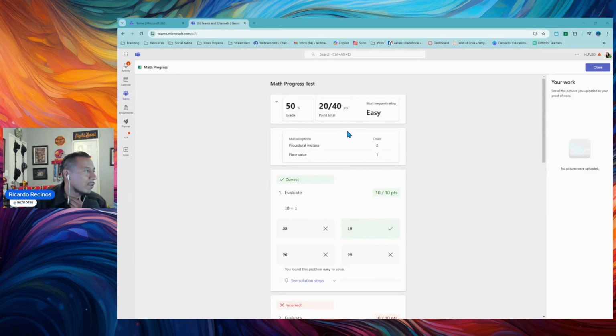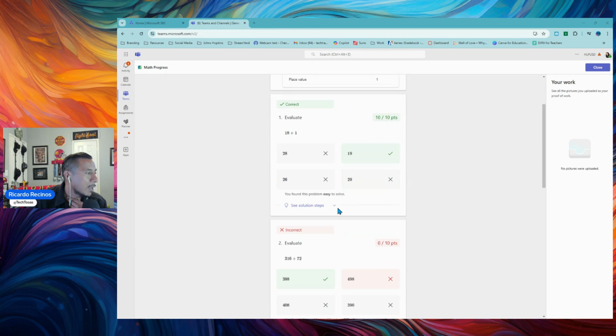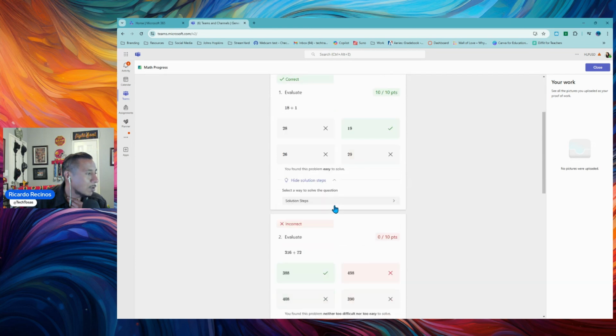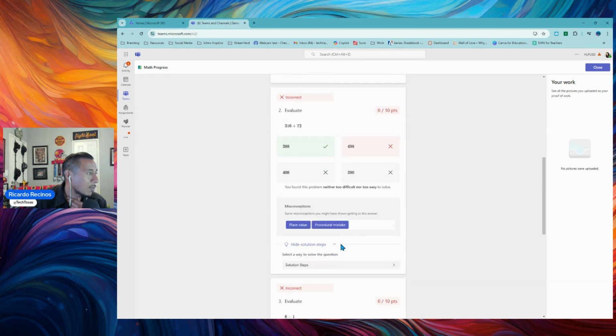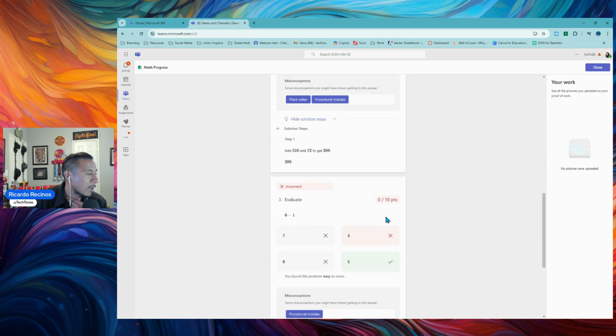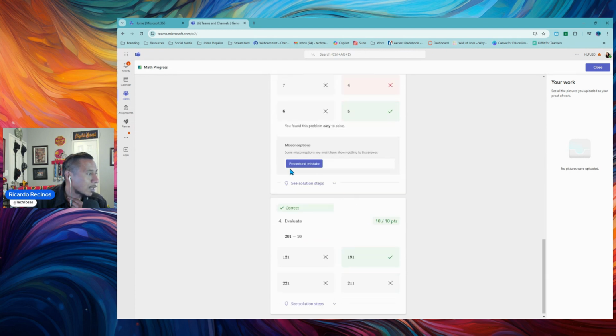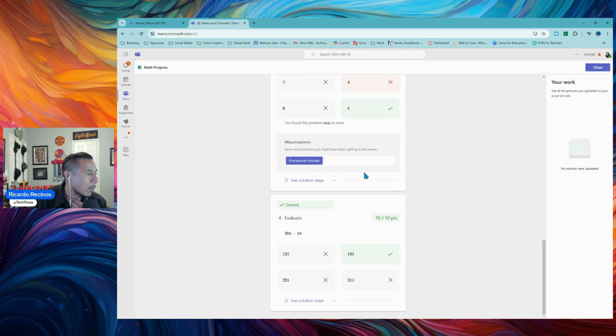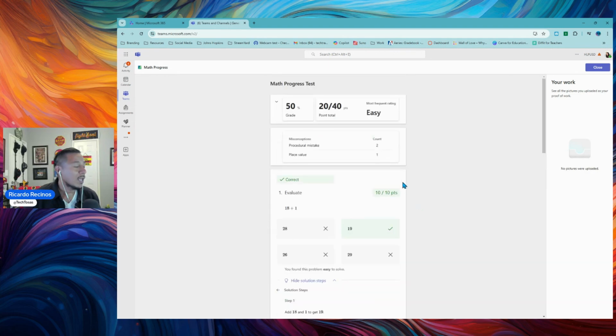And now they can see the feedback for each of the problems that they had. They can go in here and look at the solution step that they wanted to, for the ones that they got wrong, and even the ones that they got right too. But here it goes, and not able to see some of the solutions. They get to feedback, what was the problem, how they did,